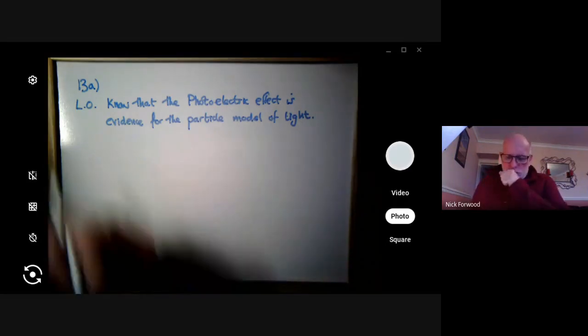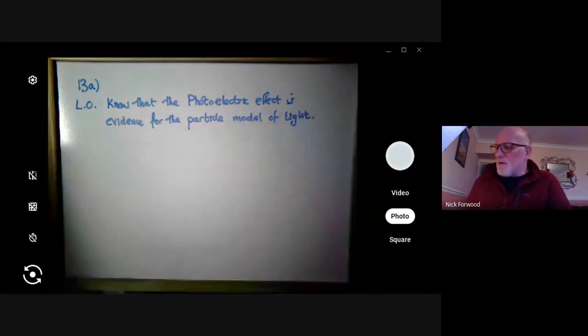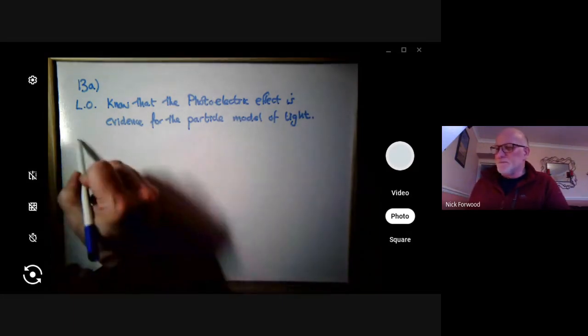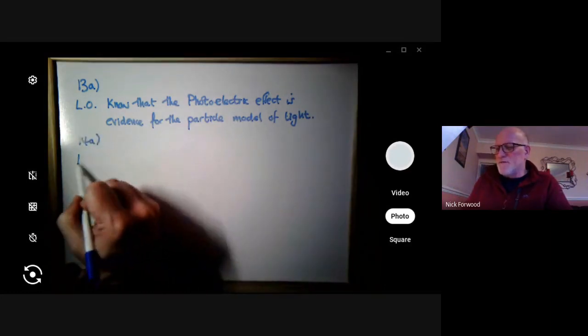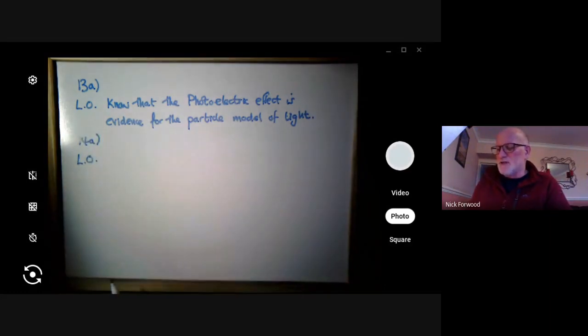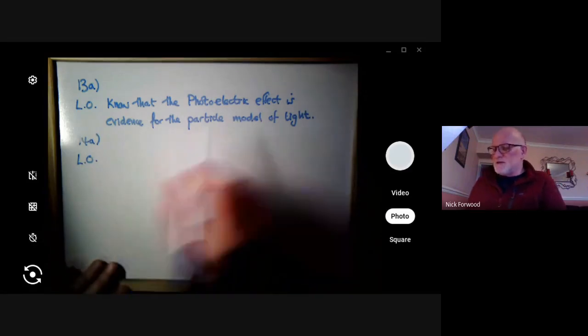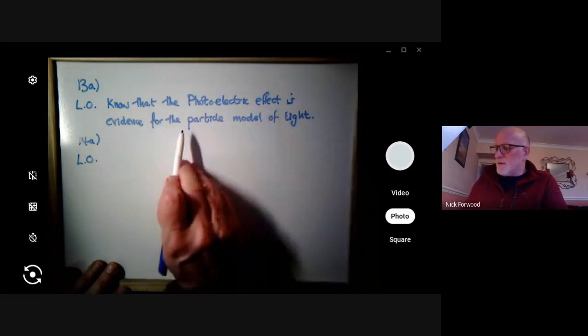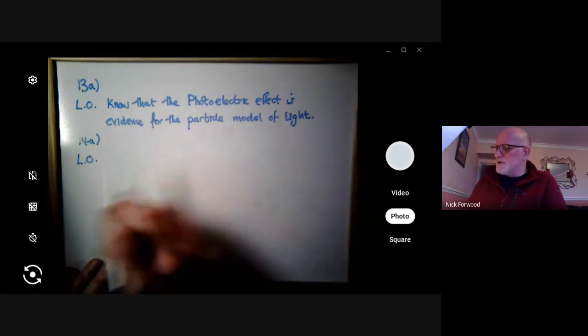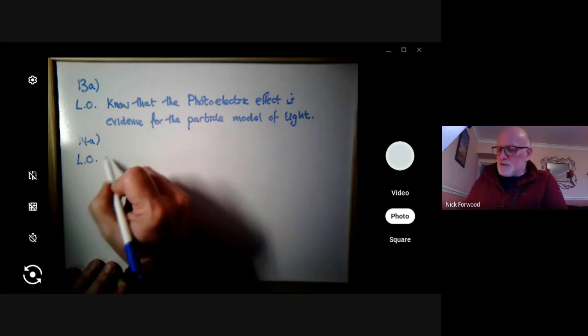Now, that's going to take, as I said, probably a couple of weeks from this lesson onwards into next week. Now 14A, which is the next section, which is the interference section, basically says exactly the same, but doesn't have photoelectric effect. It has interference, and it doesn't have the particle model. It has the wave model. So know that